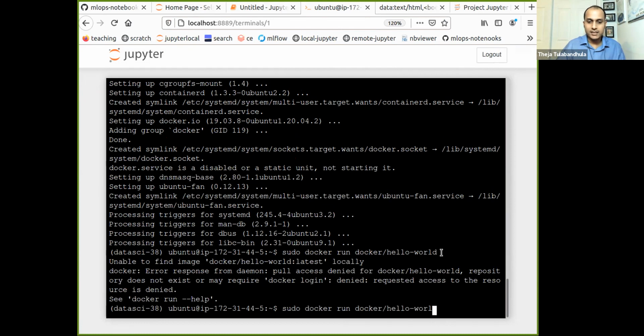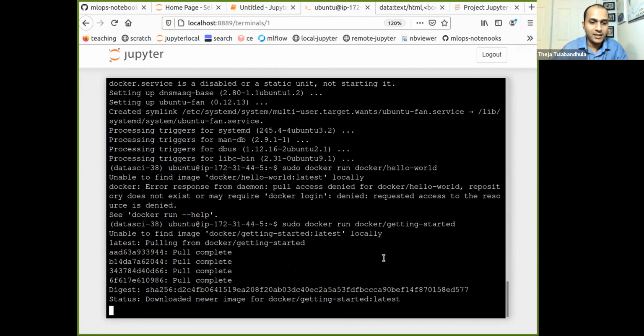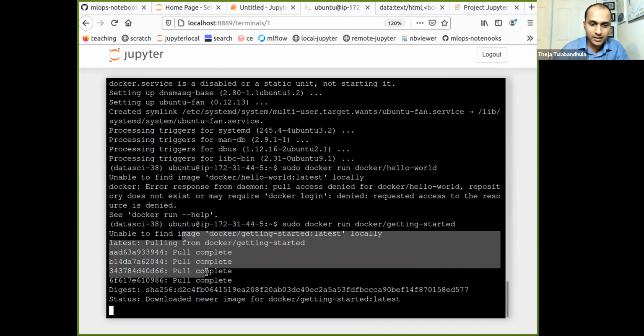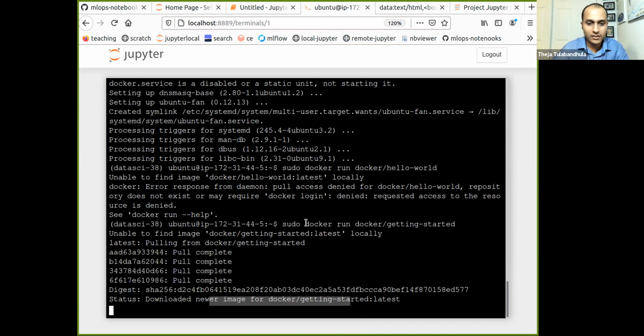Okay, so actually let's try Docker getting started, which is what we tried last time. Okay, so I ran some arbitrary image. What it did is, hey, this image is not present locally, so let me get it. It got the image, and now it's trying to run it.